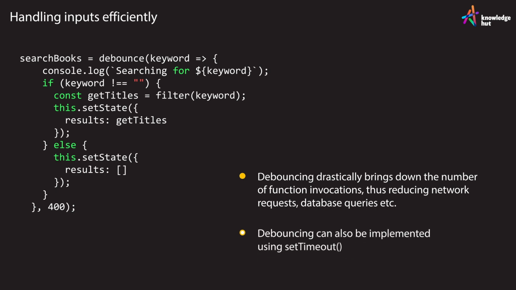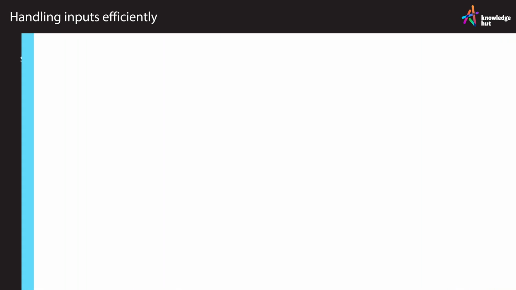While debouncing can also be natively implemented using setTimeout, the fastest way in production is by using the debounce function from the popular Lodash library. In the next and last video in this module, we'll go all hands on deck and build